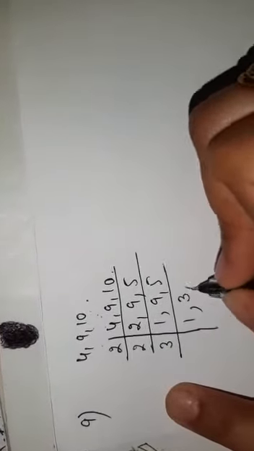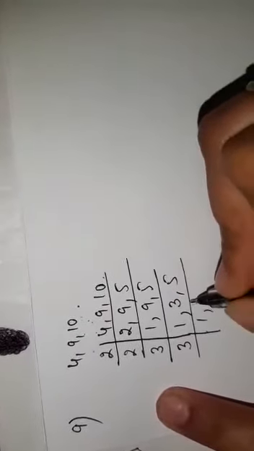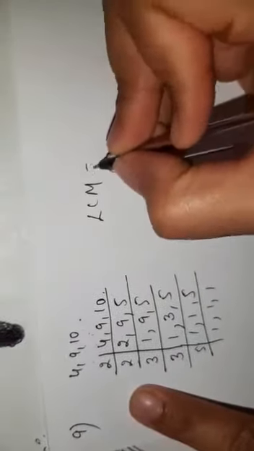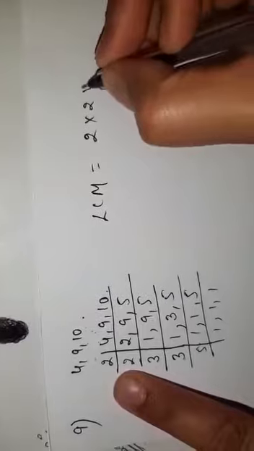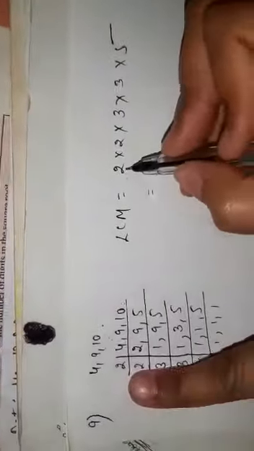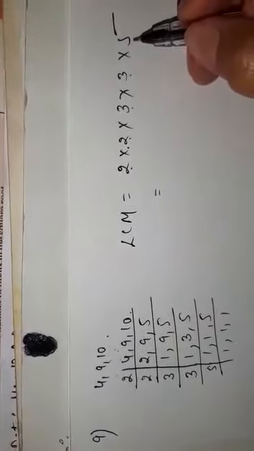Now 3 3s are 9, 5 will not be changed. Now 3 1s are 3 and the last number will be 5. So LCM of these numbers is 2 into 2 into 3 into 3 into 5. 2 2s are 4, 4 3s are 12, 12 3s are 36 and 36 5s are